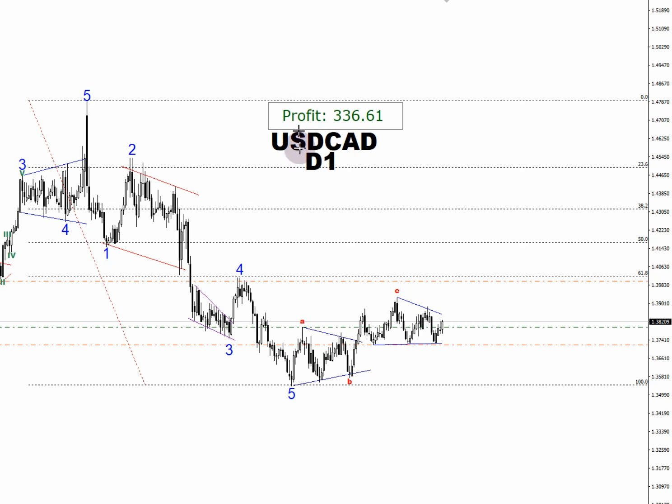Here on the daily time frame, the first impulse is forming, followed by the second correction, the third impulse, the fourth correction, and the fifth impulse. After this, an ABC correction is forming in the shape of triangles. Yes, a triangle. Most often, if a triangle repeats a previous triangle, there is a higher probability of a breakout again upwards.